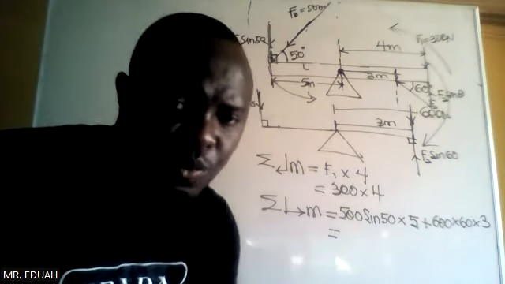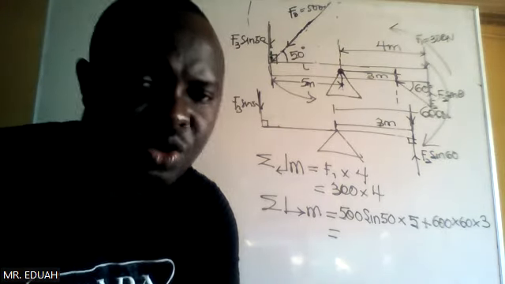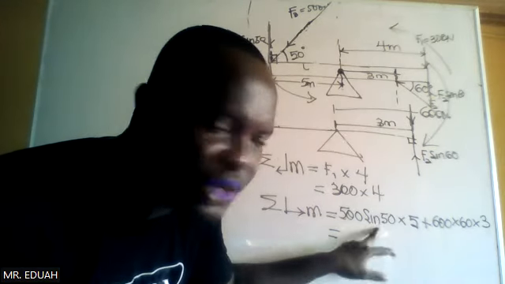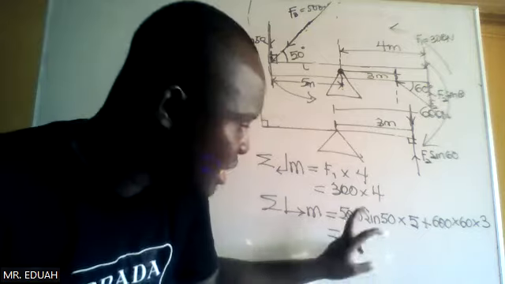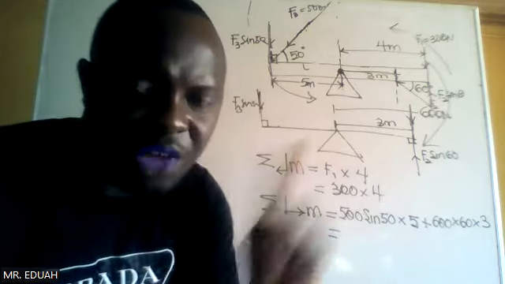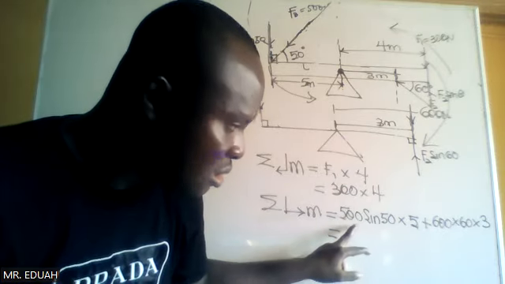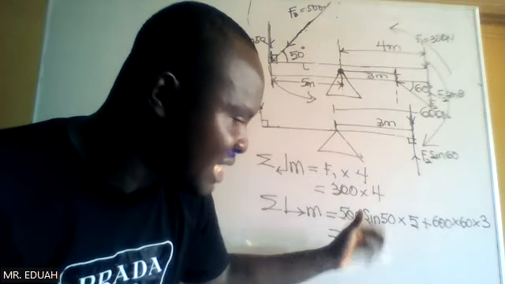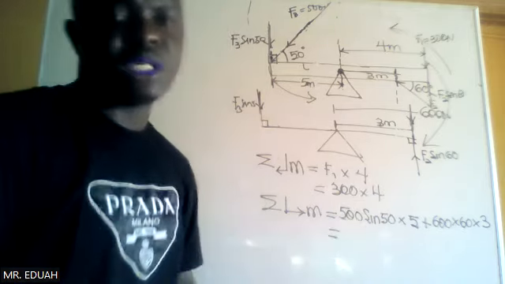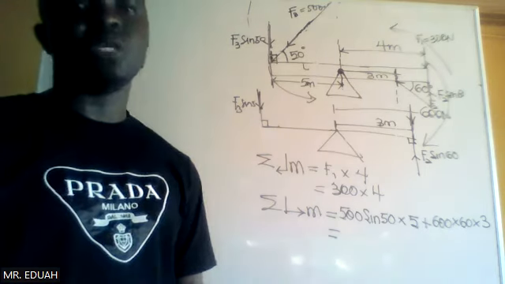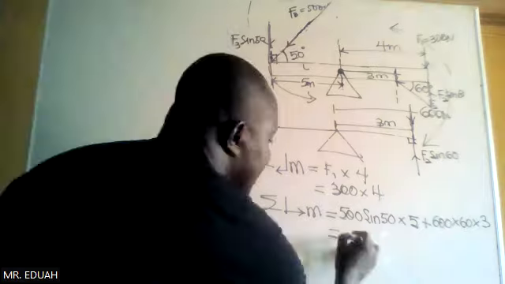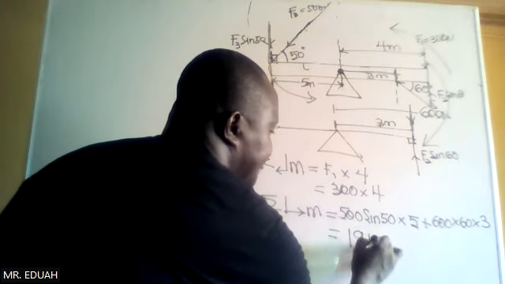Whenever you are punching your calculator and there's an angle, check if the angular measurement is in degree, radian or gradient. That DRG displayed on your calculator is very, very important. When you are pressing any angle, sine, cos, check if it's on D. If it's not on D, it can affect your calculation. So this is 1,915.1